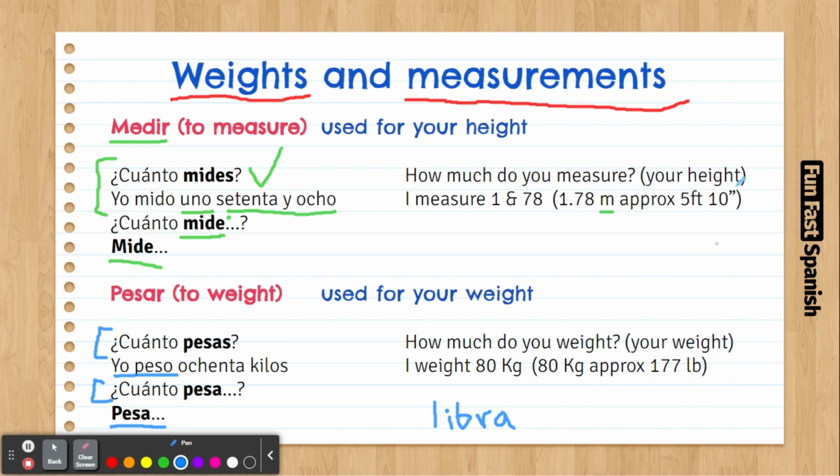How to practice this? Just go to the doctor, and you can ask the doctor, how much do I weigh? ¿Cuánto peso? And then the doctor is going to put you on the scale. Or ¿cuánto mido? Or maybe the doctor asks you, hey, ¿cuánto mides? or ¿cuánto pesas? and then you have to answer these questions. You can also practice by going to the supermarket and buying poultry or meat or fish, or other products that you have to weigh. You can also try to ask ¿cuánto pesa esto? or ¿cuánto pesa eso? and so on.